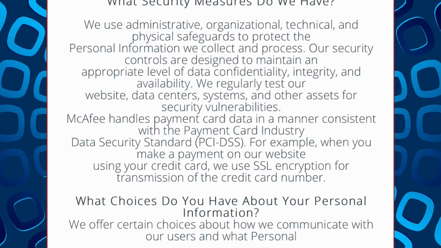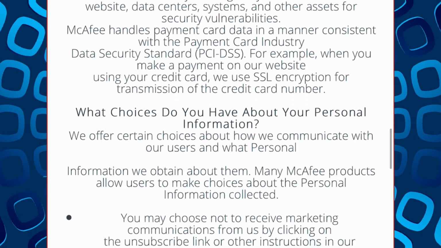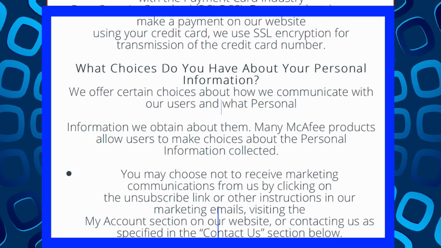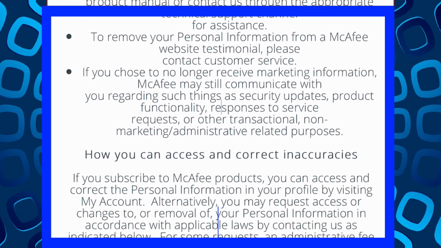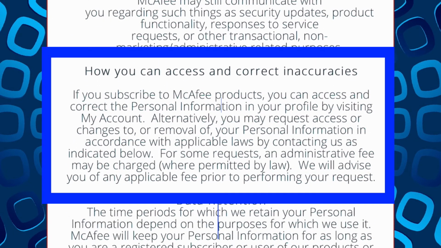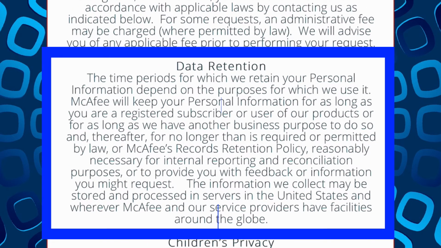They talk about their security measures, which are pretty much what you'd expect. What choices do you have? And they go through different categories about receiving marketing material, McAfee settings, removing testimonials from a website, and if you no longer wish to receive marketing information, opting out. You can access and correct inaccuracies. You may request access or changes to or removal of your personal information in accordance with applicable laws by contacting us as indicated below. They talk about retention times,